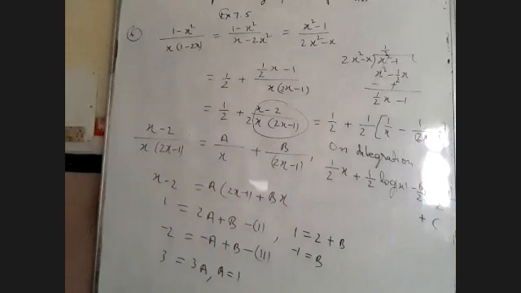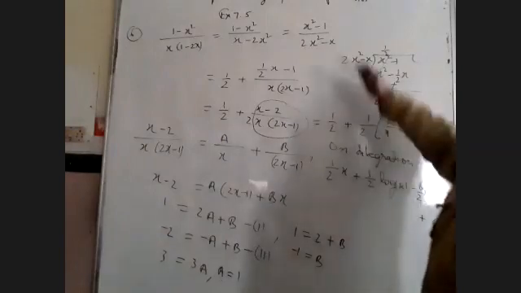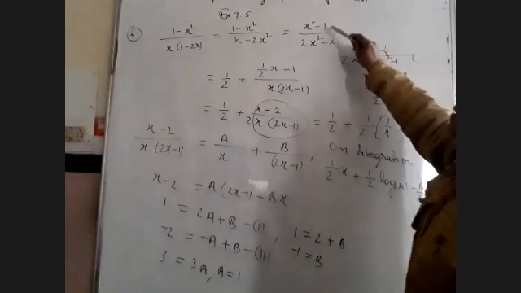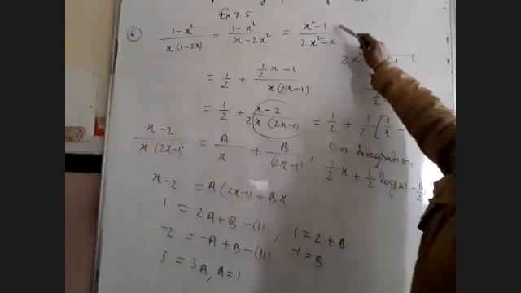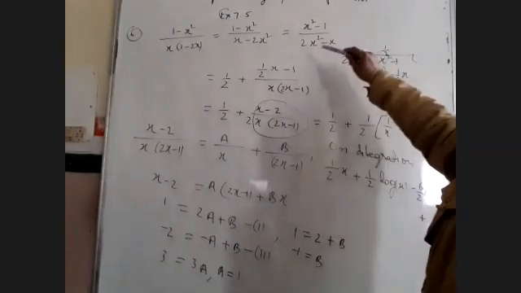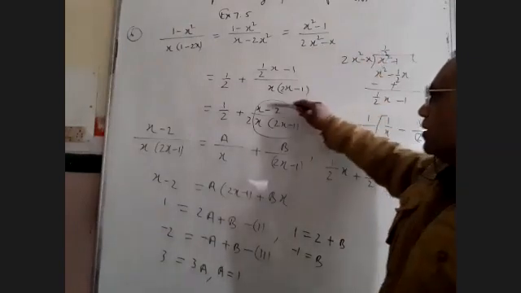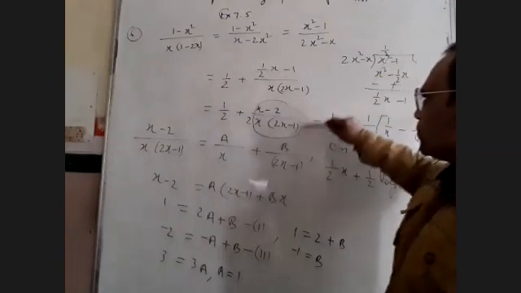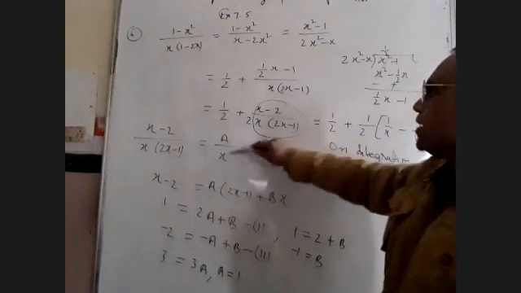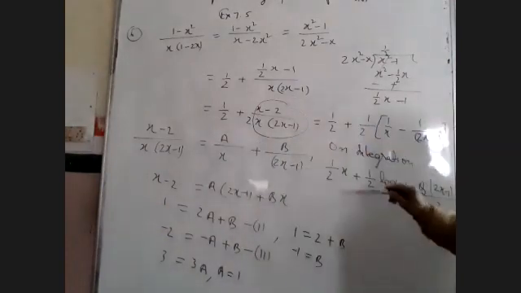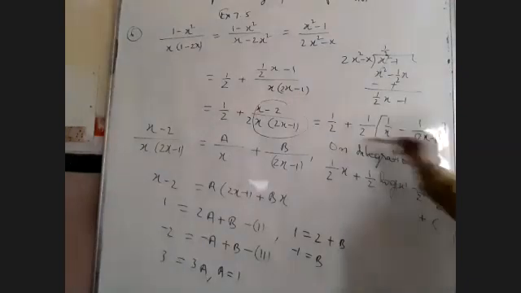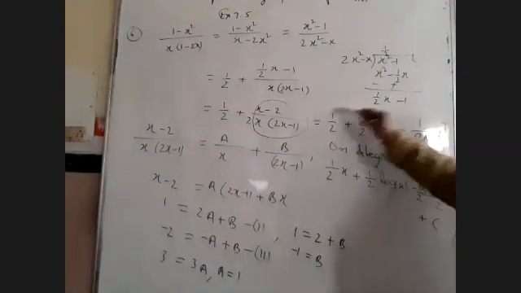So in this fraction, what was the difference? The difference is whether it was not the proper fraction. First of all, we have to convert into proper fraction by dividing. Here, why it is not proper fraction? Because degree of numerator is equal to the degree of denominator. It should be less than the degree of the denominator. Okay, that's why we divided. After dividing, we get this fraction. Because this fraction now it is a proper fraction. Now we have divided into 2 parts. After dividing 2 parts, we get the value of a and b. Now this fraction becomes the all algebraic expression becomes this one.